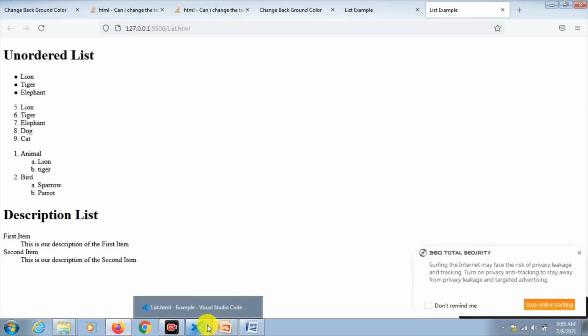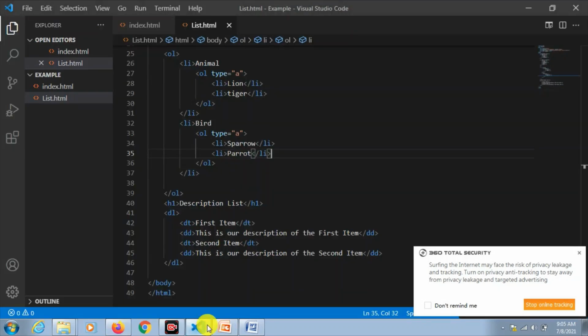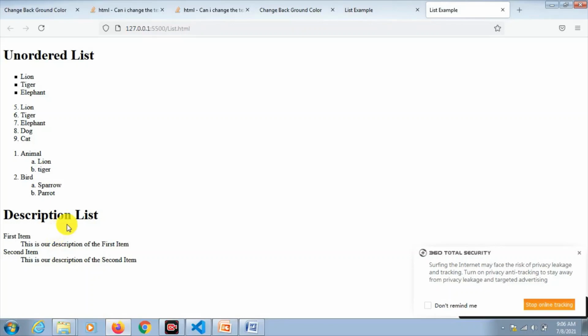I will explain you the terms that we have used. Here DL. DL means description list and DT means description terms. Suppose we want to make a list like this. First item, then this is the description of that item. Second item, this is a description of this item. Sometimes we wish to use this list. It's not frequently used, but it's better that you know it.